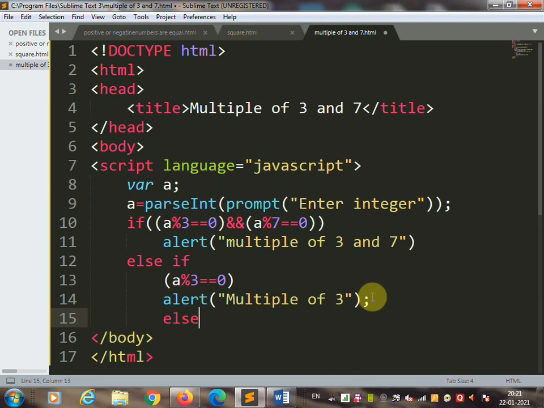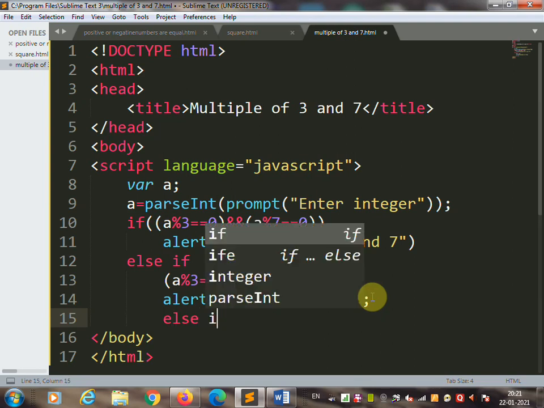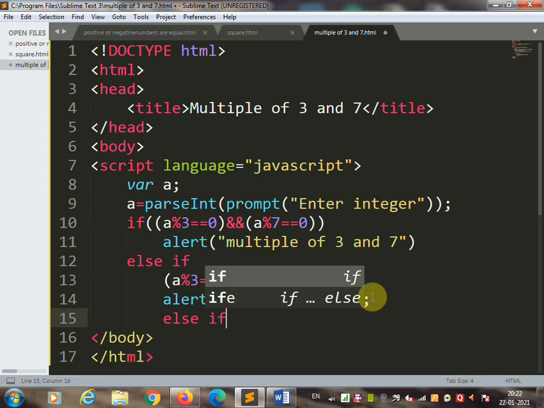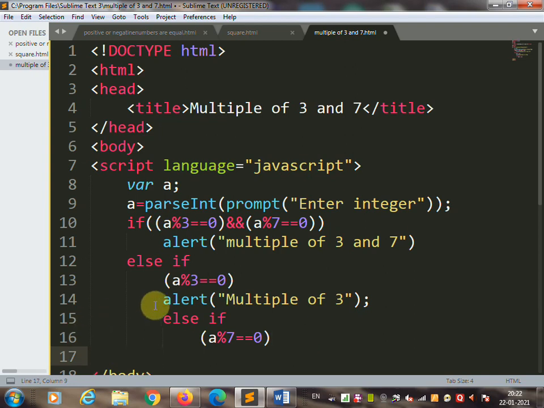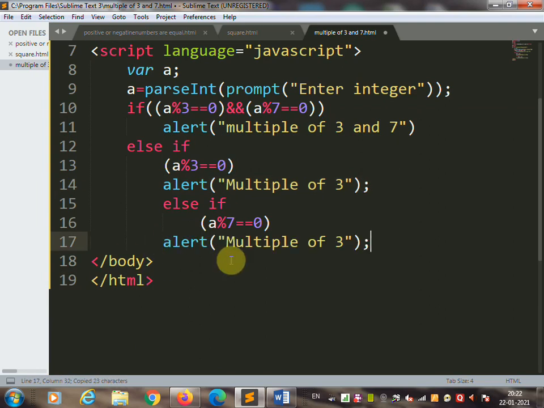Else if the multiple of 7, then you are going to write one more condition, that is a modulus sign 7 equal to 0, alert message multiple of 7.